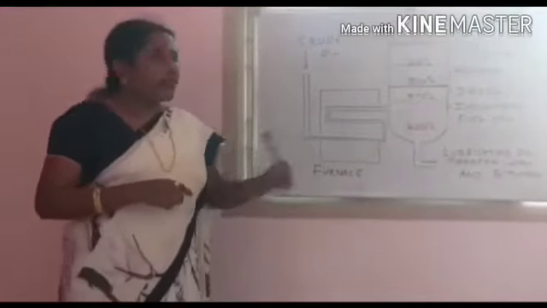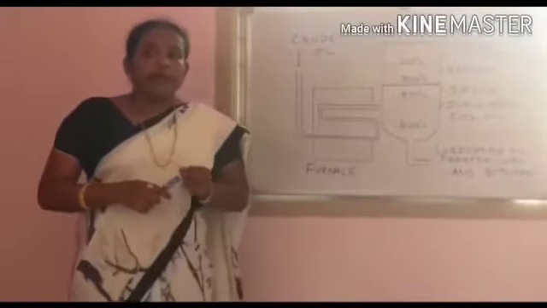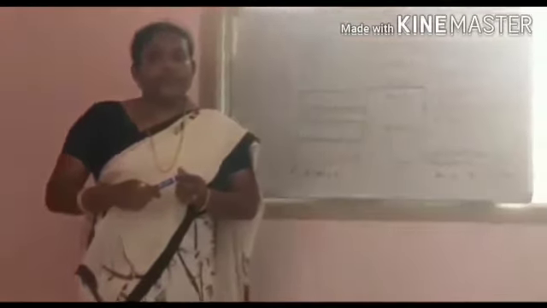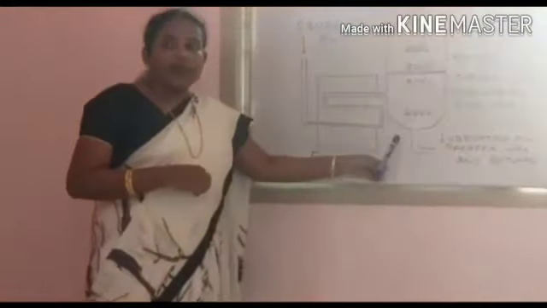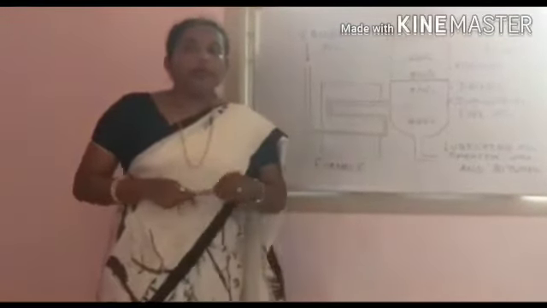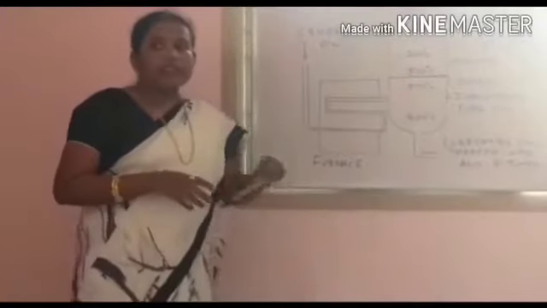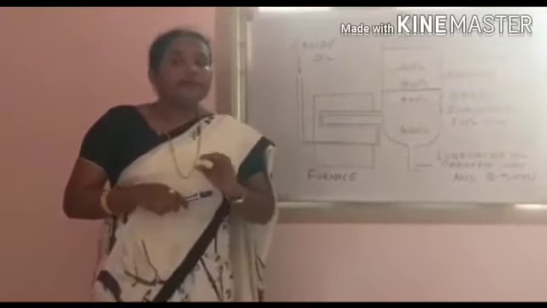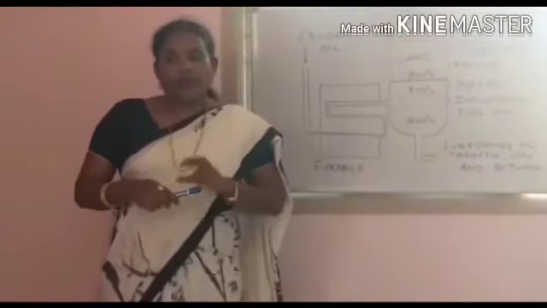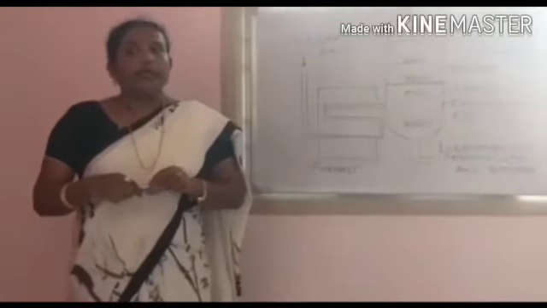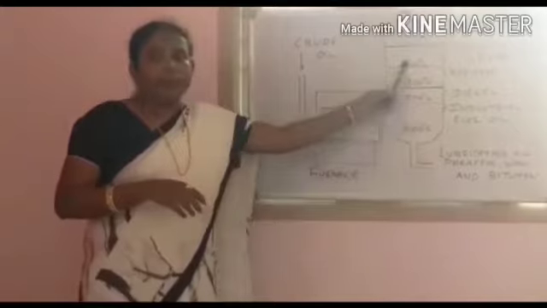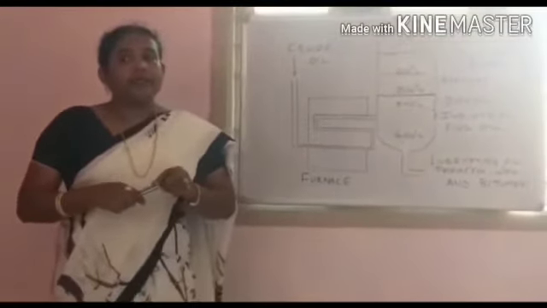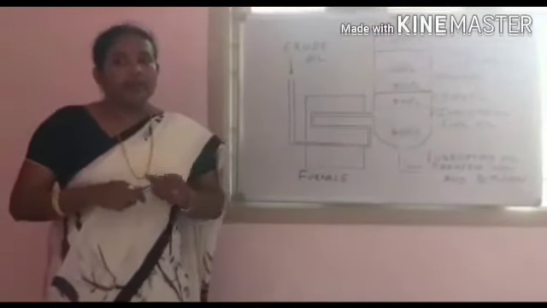This is the fractional distillation unit that we use in the oil refineries. This is the furnace and this is the fractionating tower. Crude oil is fed into the furnace and heated without the presence of air. Most of the oil is converted into a vapor and rises up the tower. As the vapor rises up, the tower begins to cool.